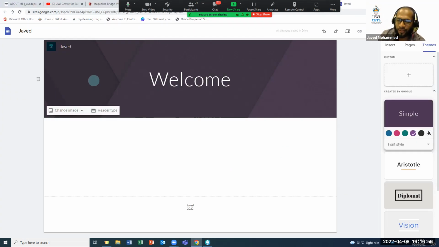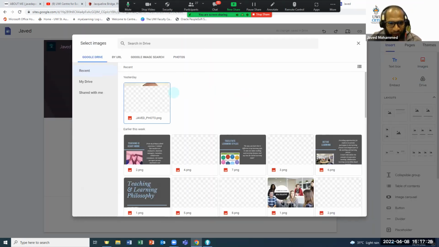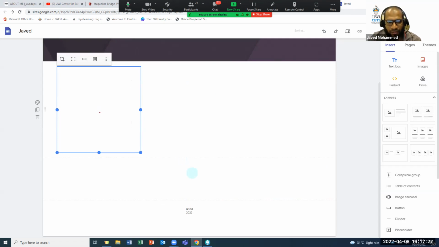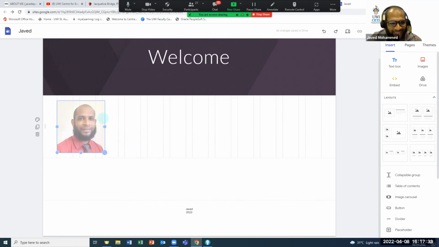Great. So basically, it's really easy and intuitive. This site is very intuitive. I'm just going to insert an image and some text in the body of my page, and then we'll close. So I want to insert an image here. I can click images. I can upload or select, but I'm going to use the select option because I already uploaded everything in my Google Drive, and select an image. Good. Not the best of photos, but it's what I have.